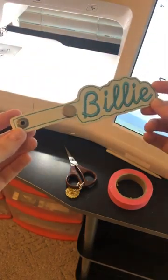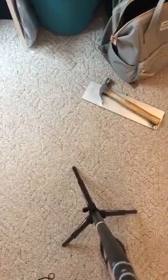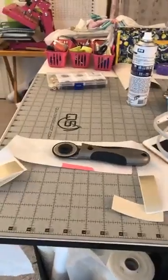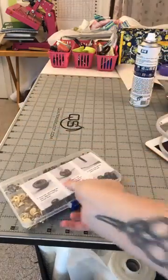And then I took it to my snap station, which is, honestly, I do all my snapping on the floor. Jason, my husband, gave me a piece of aluminum and a hammer and let me go to town. So what happens with that is I got online, and I'm going to be honest with you, it's been a while. I just can't remember where I got these. But I got this great,